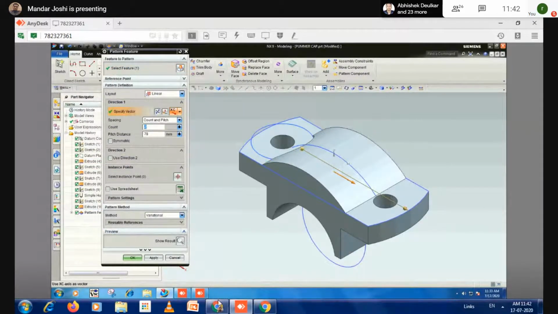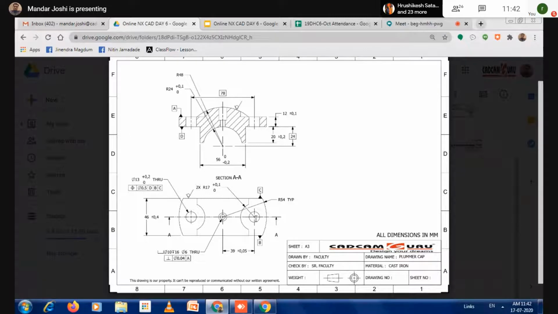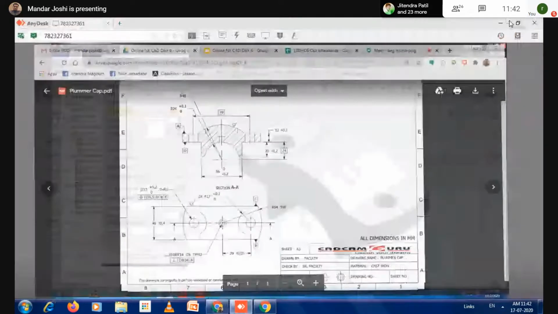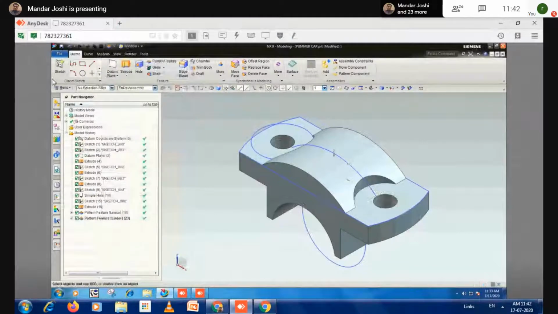Can you tell the center to center distance? Again, it becomes 78. Is it correct or not? Correct. What is the center of the circle? Center is here. So center to center distance is again 78. So you put the value 78. It is already there. See the preview. Click on OK. So save this file now.